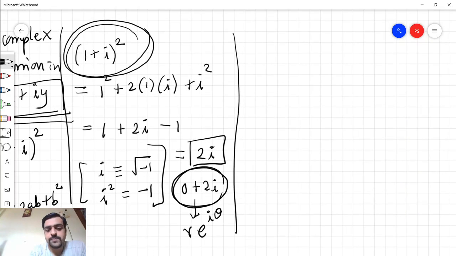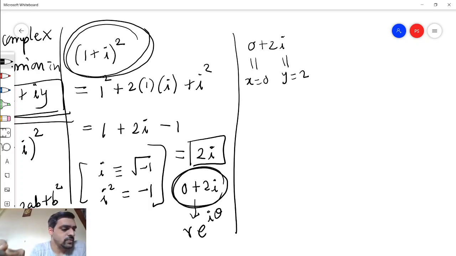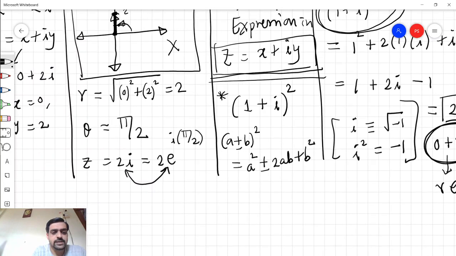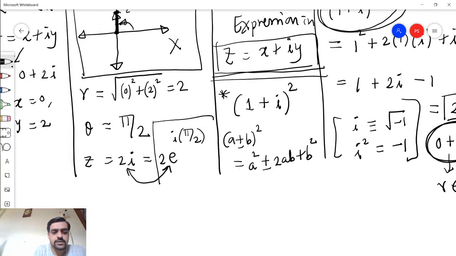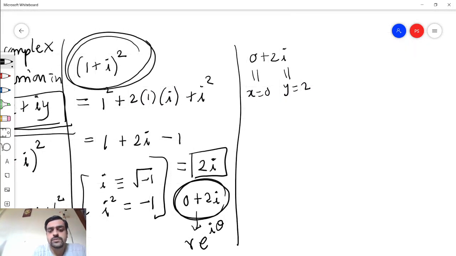If we see that this 0 plus 2i gives us x equal to 0 and y equal to 2. We have already done this task here. 2e raised to i pi by 2. Now we will take another example, which will be